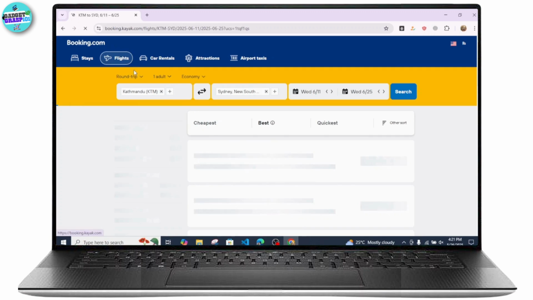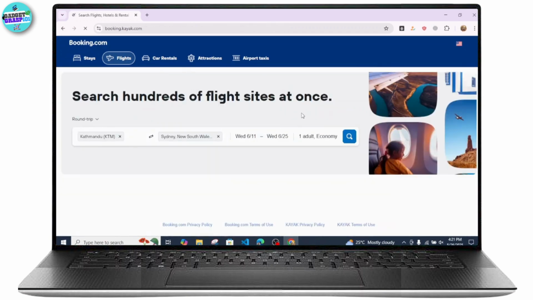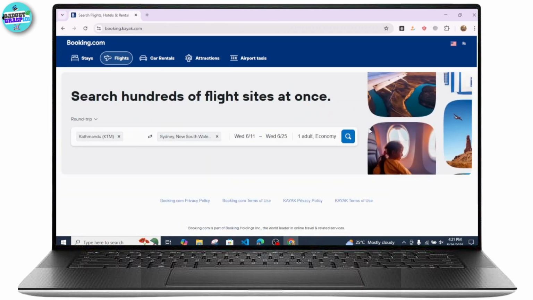In your case, if you have booked any flight, then just head over to this flight section from over here by the navigation bar, and right under this section there should be a three dot icon or cancel button right next to it, and you can simply tap on that button to cancel it. And just make sure that you have cancelled or ordered the refund within the 24 hours or according to